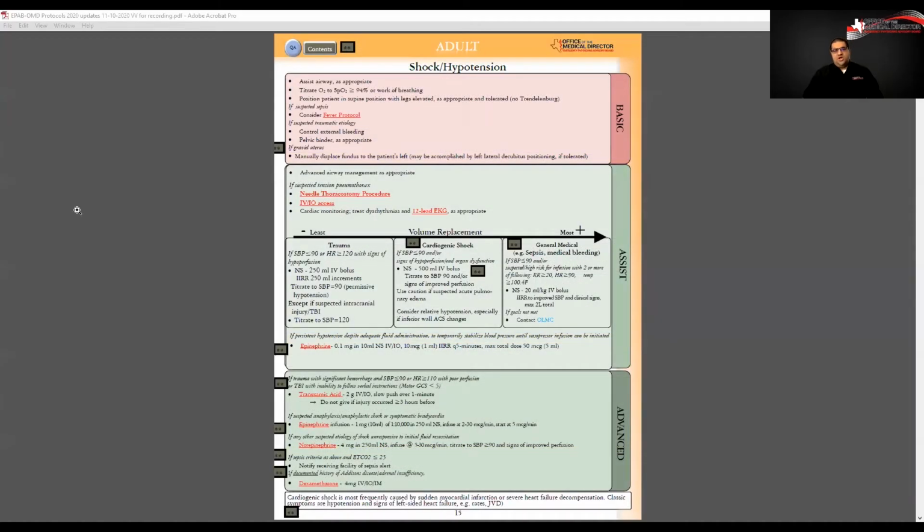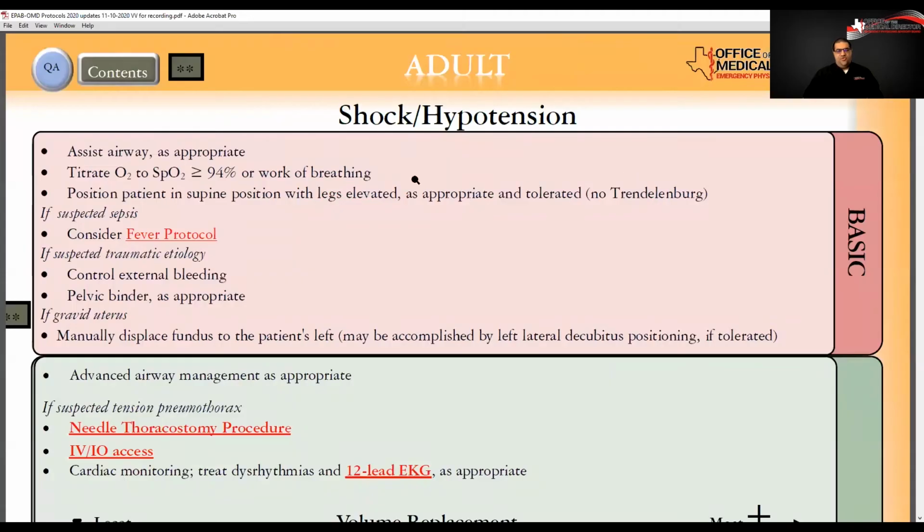All right, the shock hypotension page. So I'm going to start at the BLS level here. For the basics, your primary change is that if you have a patient who is in shock or hypotensive and they have a gravid uterus, then make sure that you try and displace that uterus, either by manually displacing it to the left or, especially if the patient's conscious and cooperative, have them lie on their left-hand side, or the left lateral decubitus